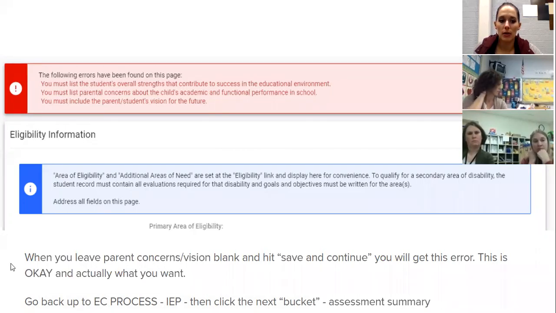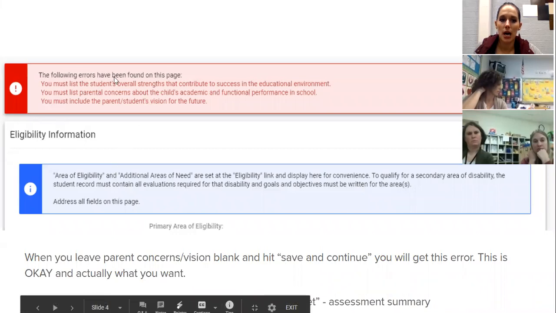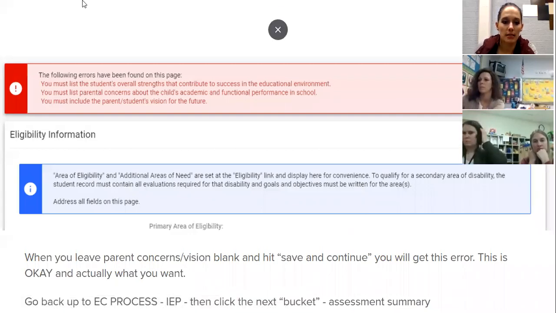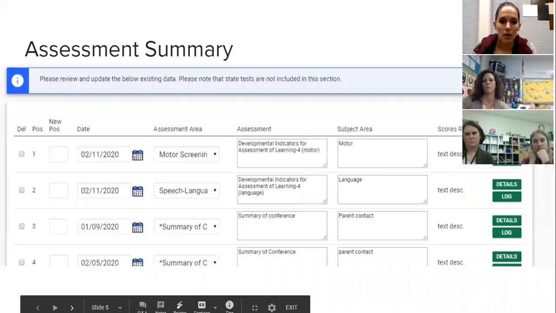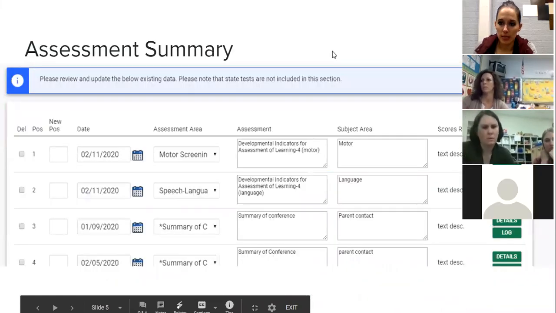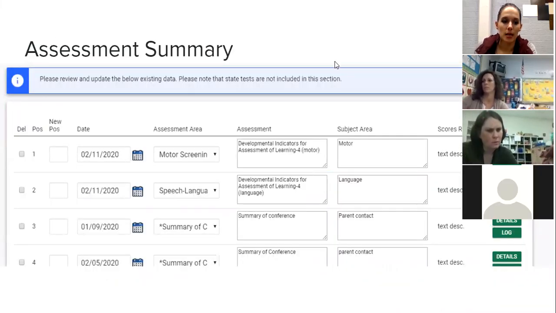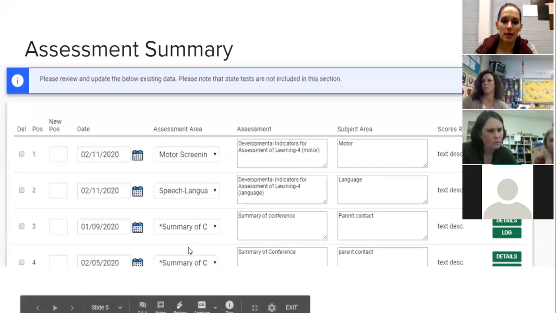You will actually go in ECATS, you'll go back up to the top where it says EC process, scroll back down to IEP, and then go to the next bucket, which in this case, the next section is assessment summary. I can demonstrate that in a minute if you would like, but I know we've talked about this before as well. So then we get to assessment summary, and the only things that I'm going to say here, in addition